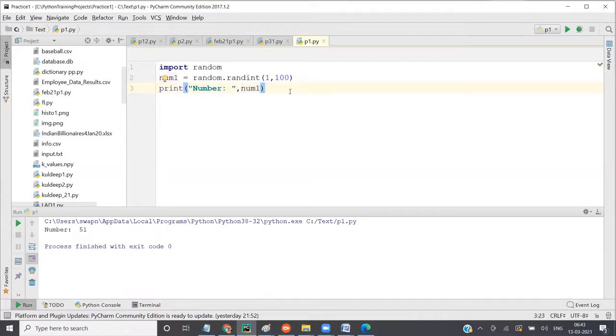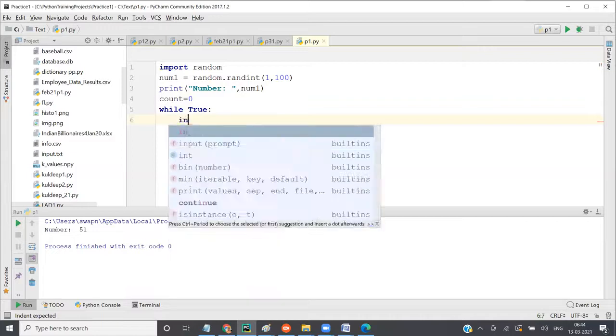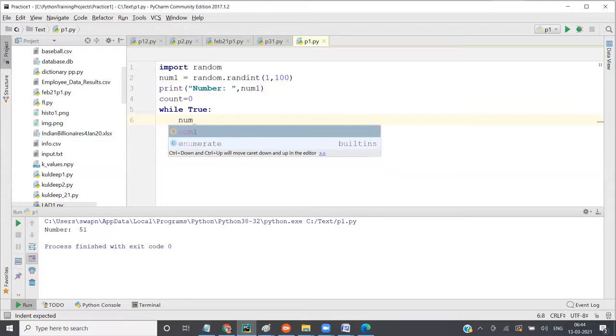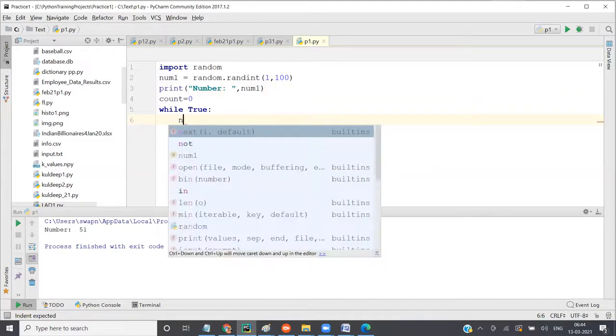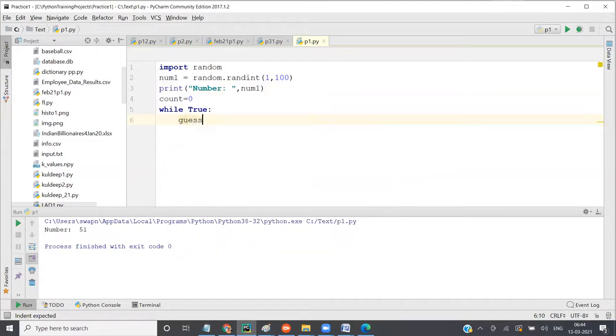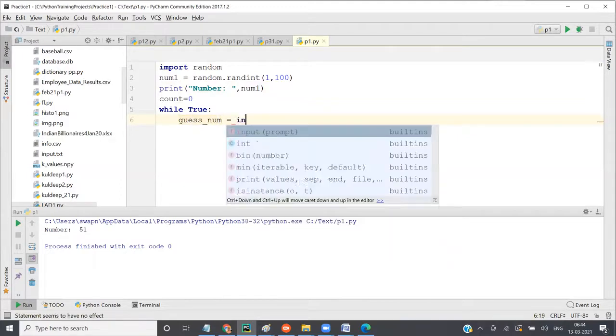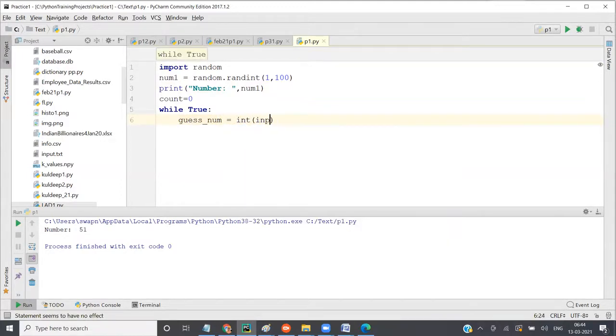So I'm going to say while True. True means it's an infinite loop. Before that, you need to do the count, right? So I'm going to say count equal to 0. Now you have to guess the number. So I'm going to say guess_num equal to int of input,